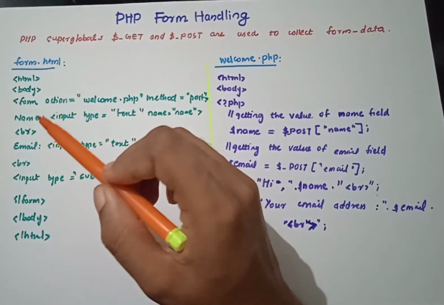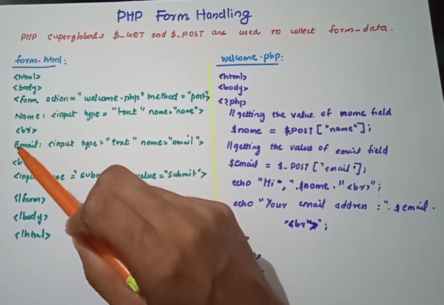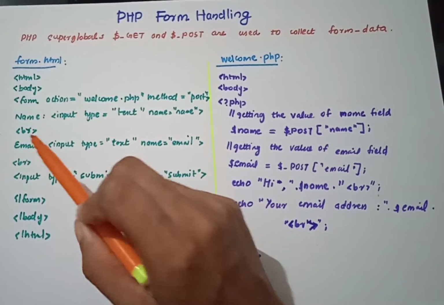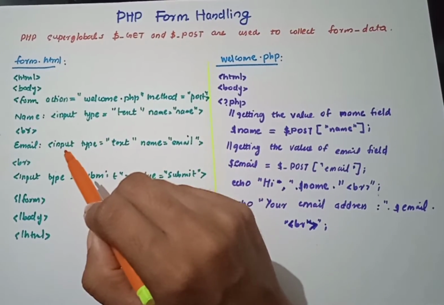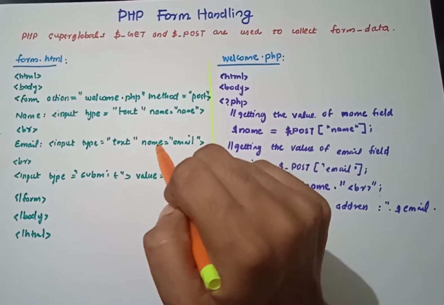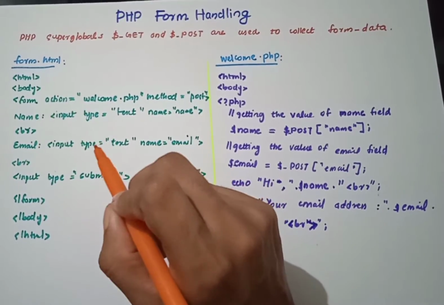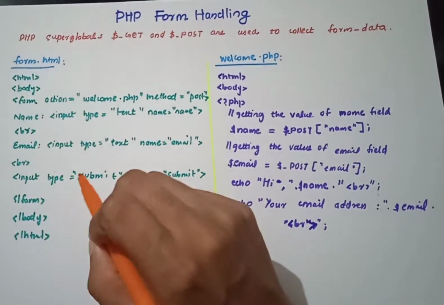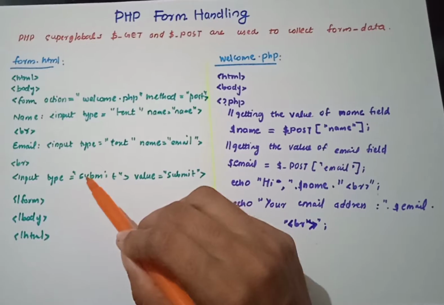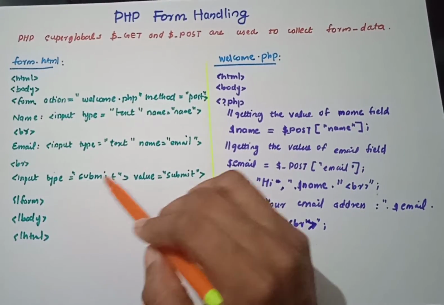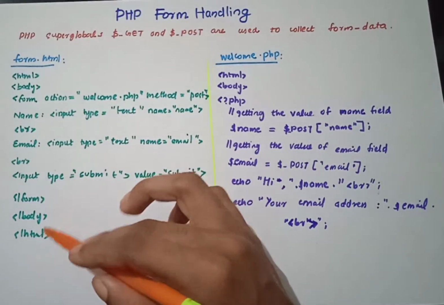We gave a break, so we go to the next line, and in the next line you can fill in the email address. We directly wrote email there, so that will simply be shown in this web page itself. And when you need to create a text field, for that you can use input type as text and name as email. So we concluded these two, and it's very important to submit this, right? So we need a submit button. We break that line and move to the next line, and there we declared input type as submit and displayed a value as submit. So we closed our file.